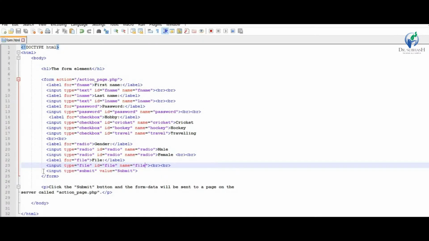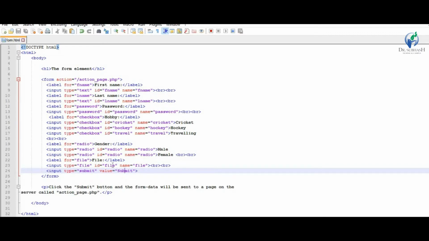Next, input type equal to submit. This allows a form to be submitted. When pressed, the information will be passed on for processing, usually to a script mentioned in the action attribute of the form. Whenever you submit, the action is passed to action_page.php, which is another page in which code is executed for what happens when we submit.